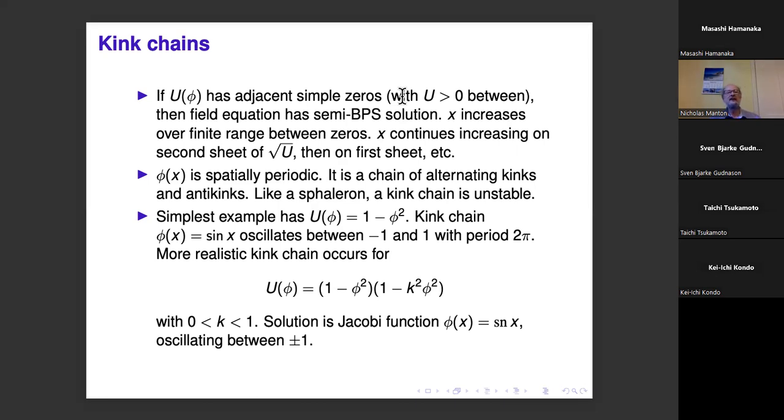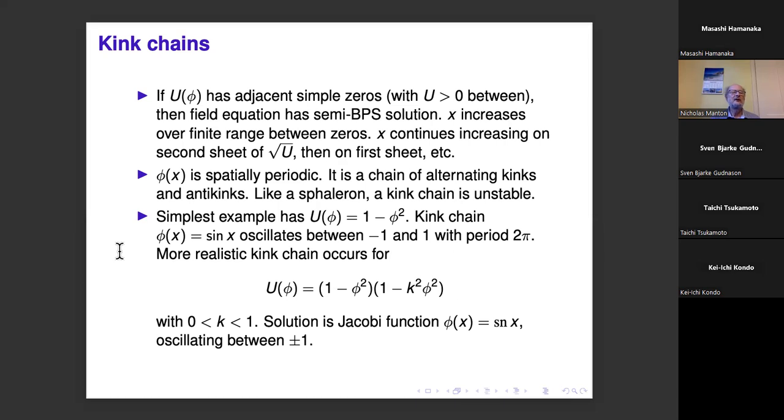And the solution is a sort of contour integral going around these branch points again and again, round and round. X continues increasing on the second sheet of root U, then it goes back to the first sheet, then it goes to the second sheet, the first sheet. And the result is that phi of X is spatially periodic. It's a chain of alternating kinks and anti-kinks. Sort of kink when it goes one way and anti-kink going the other way. And like a Sphaleron, a kink chain is unstable for the same reason to do with looking at the translation zero mode. The translation mode has lots of zeros, and so therefore there are negative frequency solutions